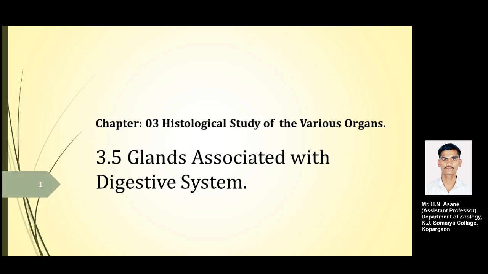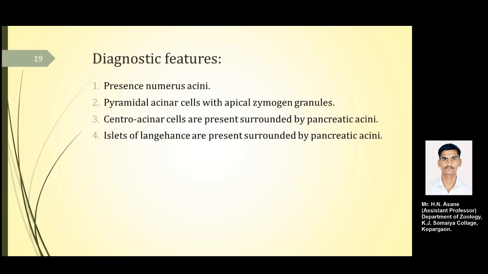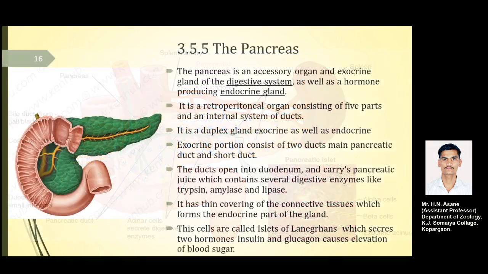And in this session today we are going to see the second associated gland with the liver, which is the pancreas. So the pancreas is a compound tubular acinar gland, that is the tubuloacinar. That means separate acini are present and it is compound tubular. And this gland is lying behind the stomach.